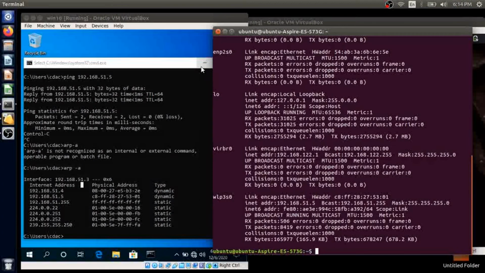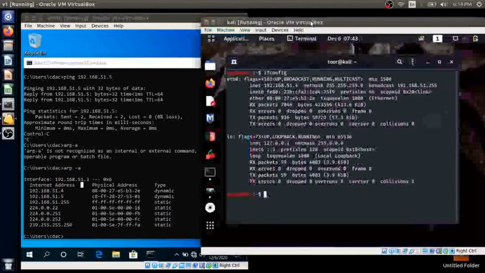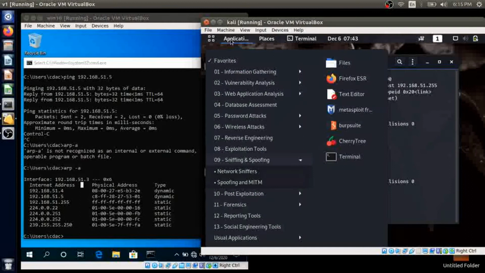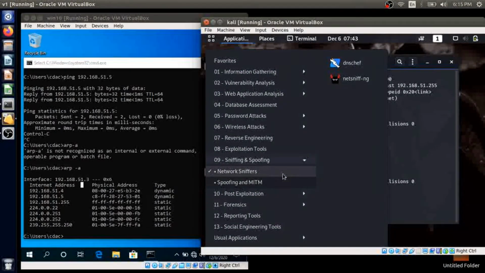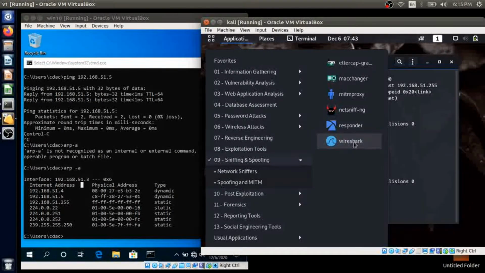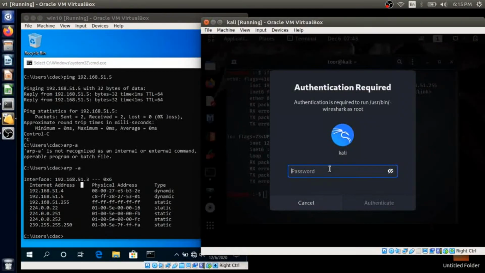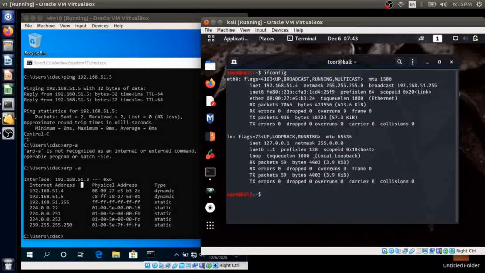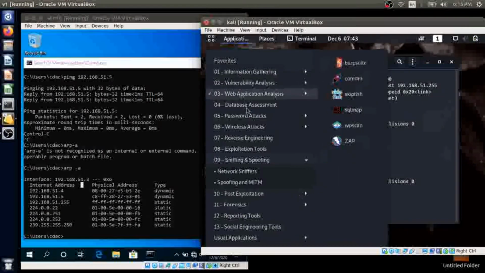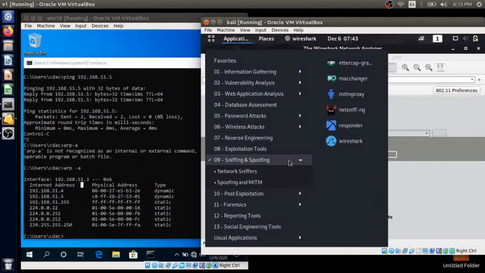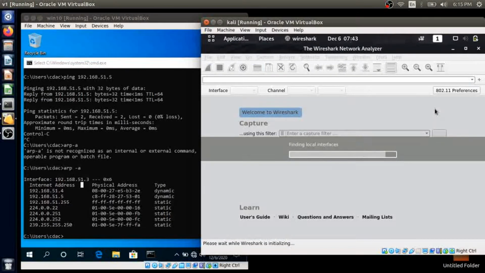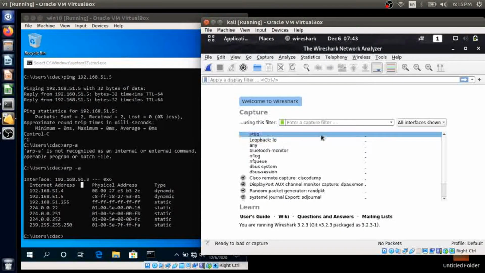You can easily check what is happening, everything through Wireshark. Yes, here we can observe what's happening.